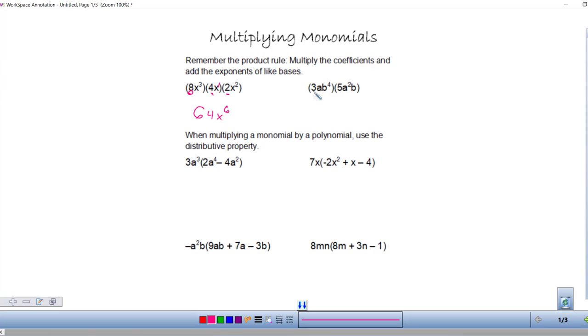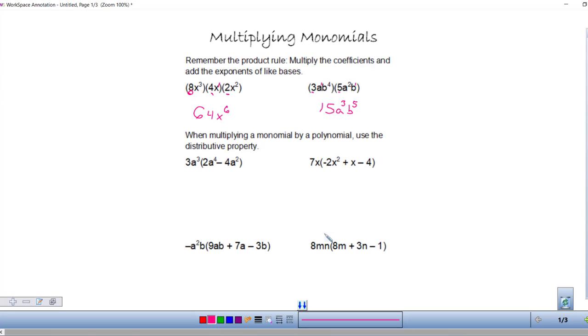This one, multiply the coefficients. 3 times 5 is 15. For a, we have exponents of 1 and 2, so an exponent of 3. For b, we have exponents of 4 and 1, which is 5. So if we can remember to multiply the coefficients and add the exponents, that will be beneficial as we multiply